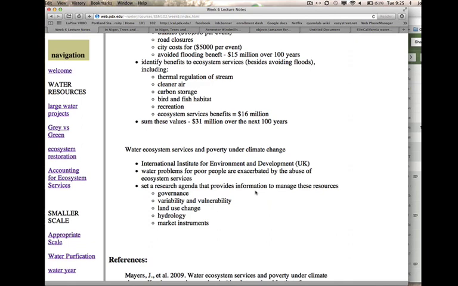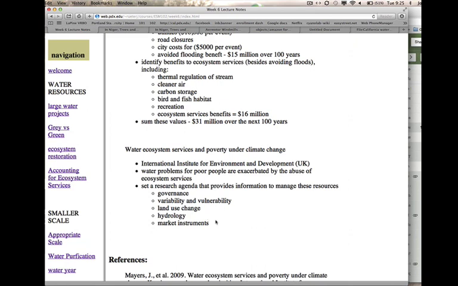And what they did is not try to solve this, but set up a research agenda that would look at how you could manage these resources so it actually helped some of these poor rural areas that have water stress and low water availability, and look at the issues of governance, the variability and vulnerability of the water sources, the land use change in the whole area, hydrology, and then whether there are some market instruments that might help create this,